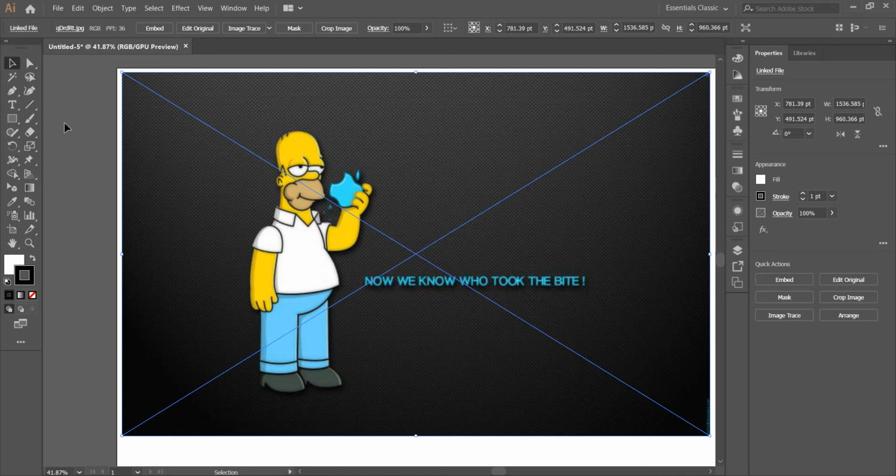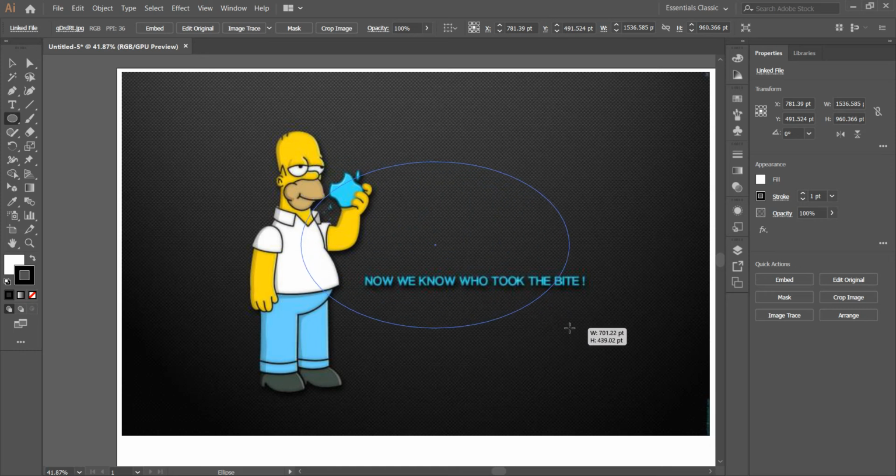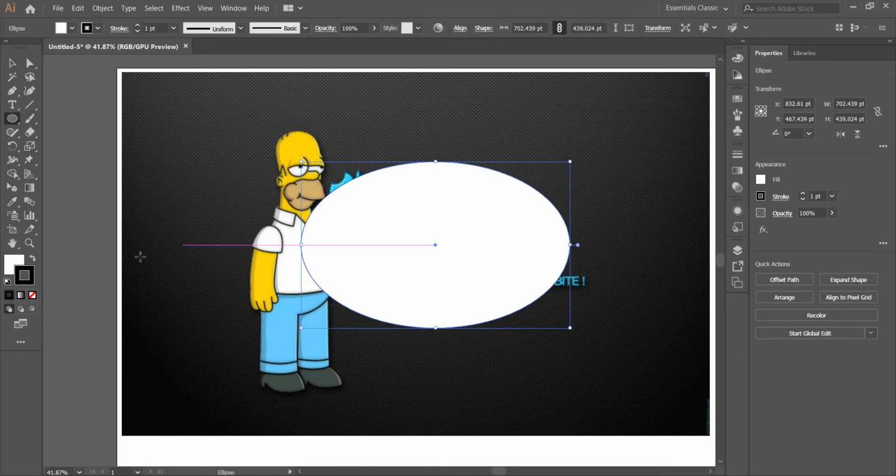Alright, draw a shape in which you want to place your image. I will select the ellipse tool, draw an ellipse on the image, select the selection tool, select both of them,